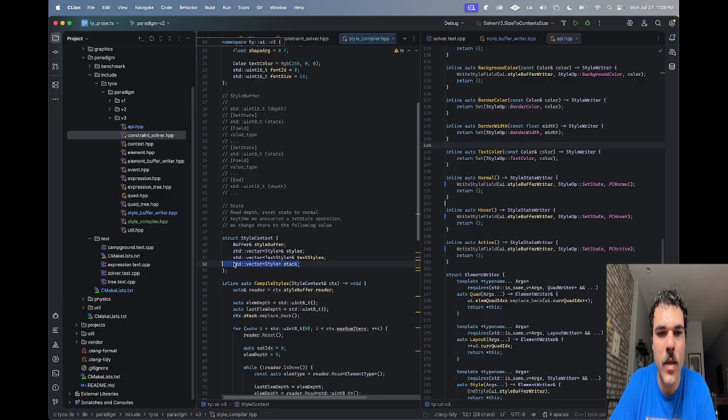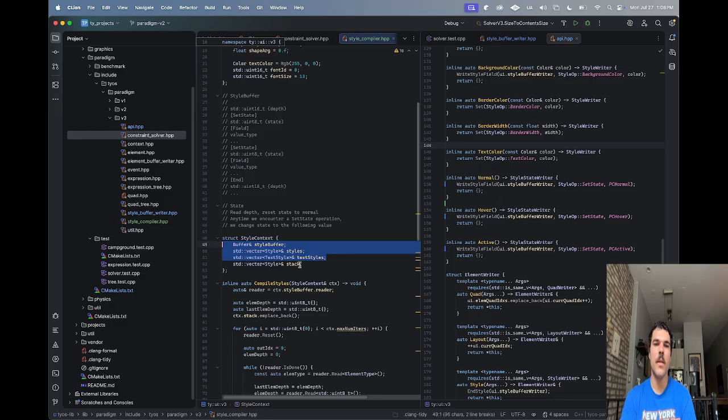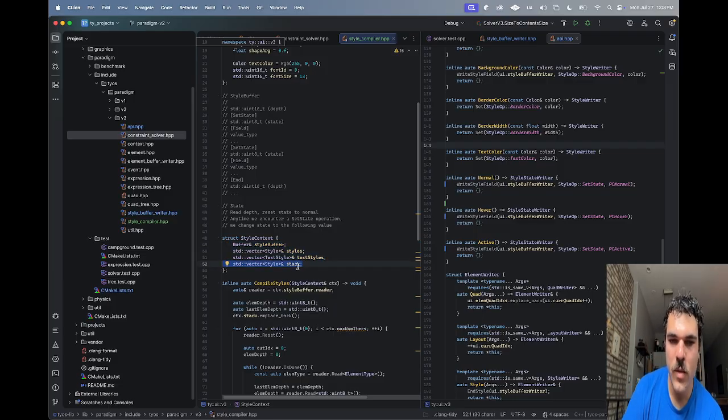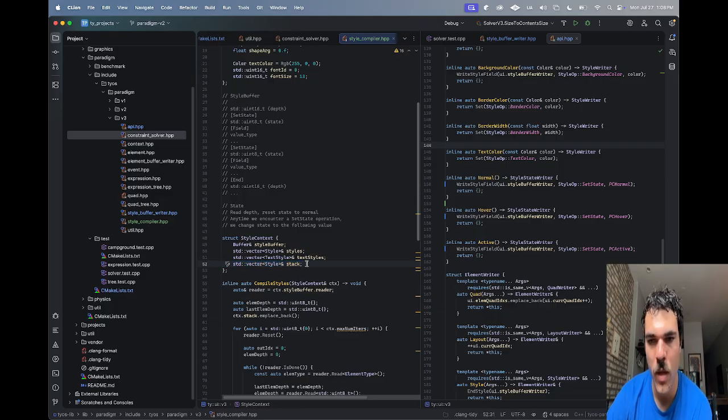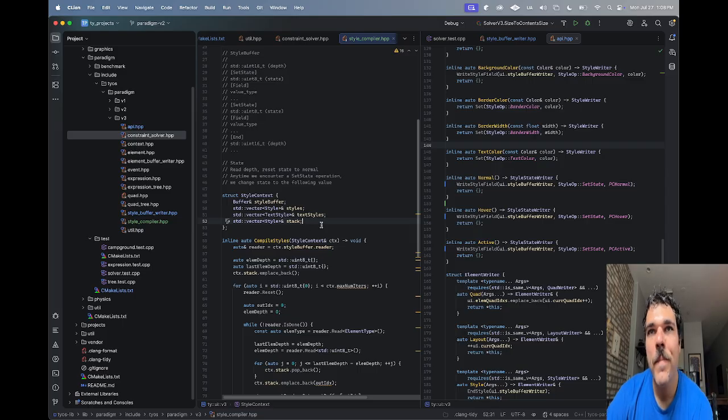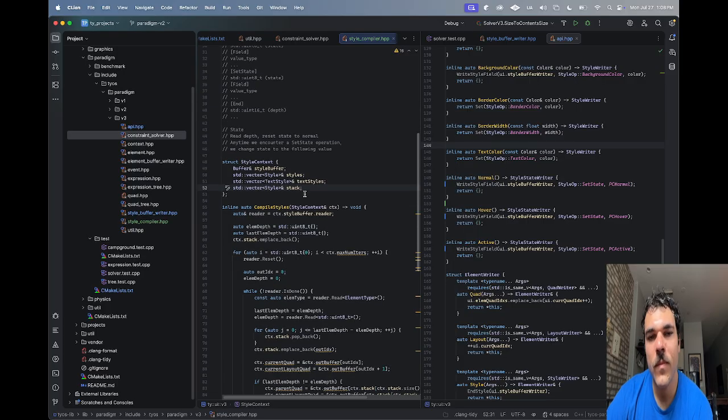And this, because this only, well, I'll take that as a ref too. Okay, here's the thing. This is not useful outside of this. All of these things should probably be members of like context or UI, or whatever we end up with, UI context I think it's called. This, not so much. But we also want this to be persistent and stick around. We don't want to have to allocate memory and whatnot. So we want this to be persisted somewhere, so we'll probably persist it somewhere else because we're not going to, well,